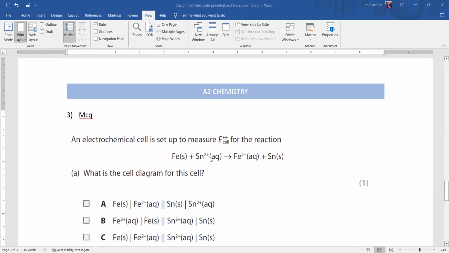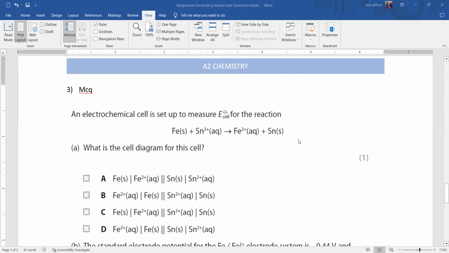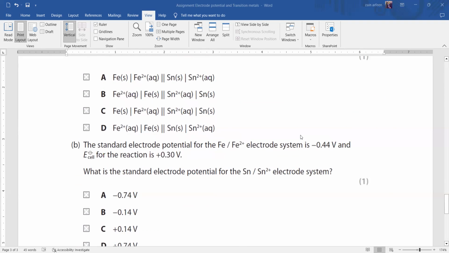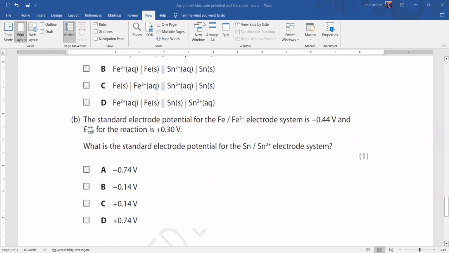As you can see, for tin, Sn2+ turns into Sn, so reduction happens, and for iron, oxidation happens. So reduction minus oxidation equals the electrode potential of the cell. Reduction happens for tin, which is what we want to find, minus the oxidation for iron,